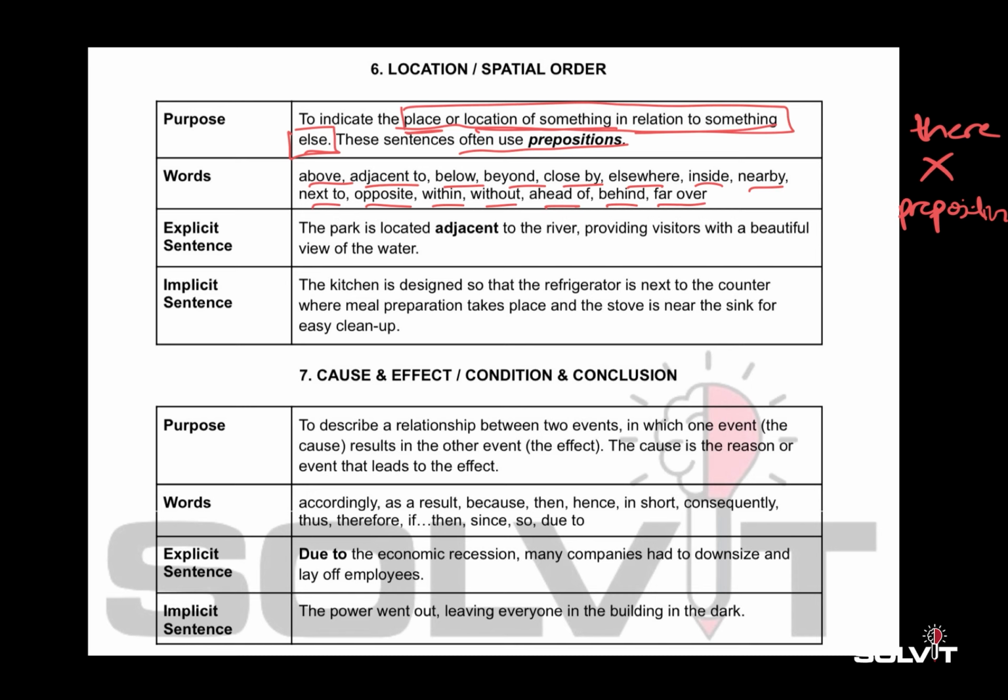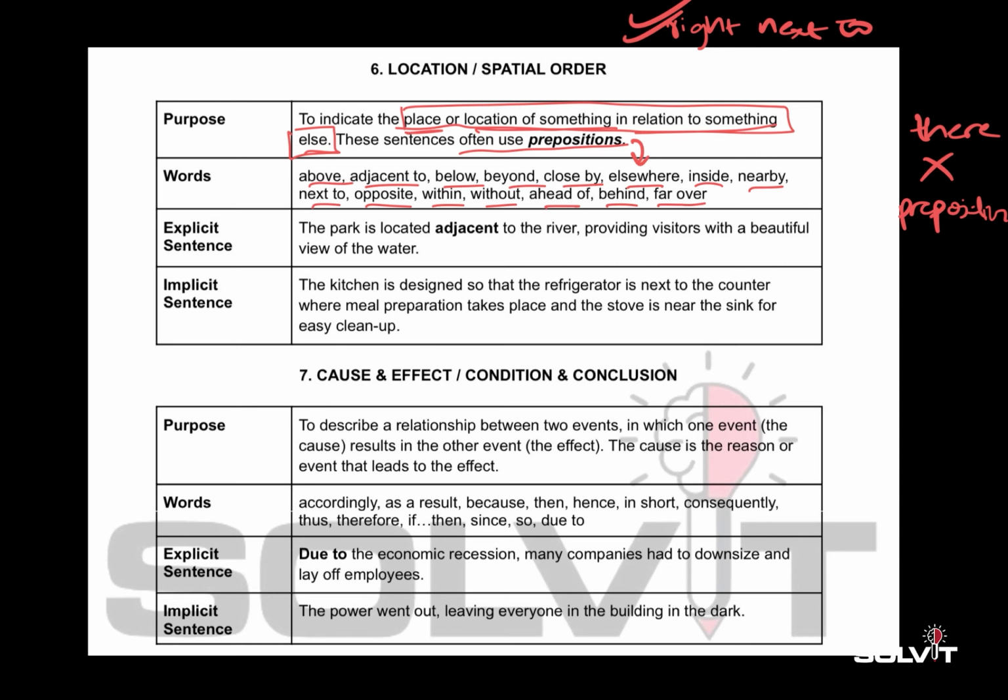It's not telling you the location of something in relation to something else. But if I say my book is right next to my phone, so in this case, right next to is a preposition. Why? Because it's telling you the location of my book in relation to my phone, okay? So all of these words mentioned over here, above, adjacent to, below, beyond, behind, far, over, inside, next to, within, without, all of these are prepositions, okay? Remember that. All of these are prepositions. So these sentences usually use prepositions to tell you the place or location of something in relation to something else,